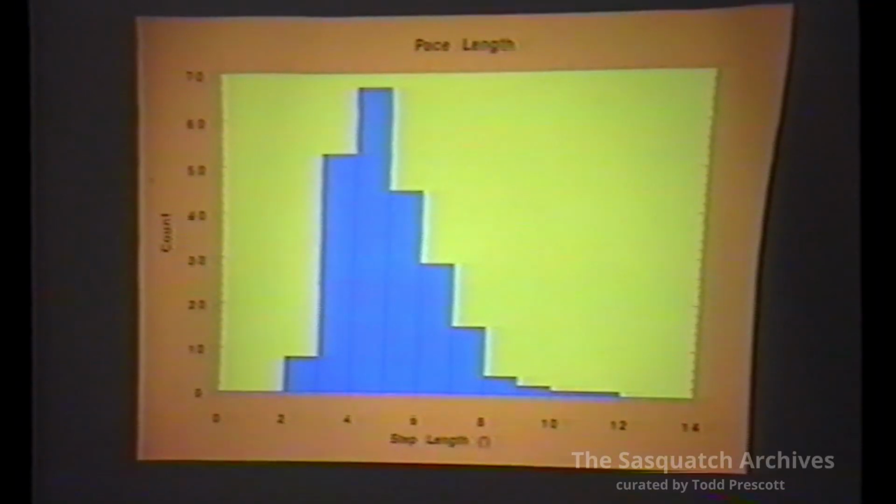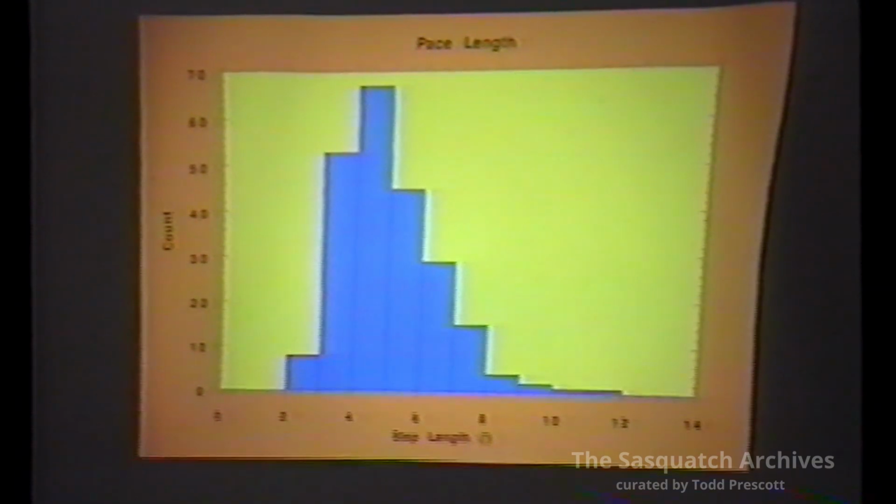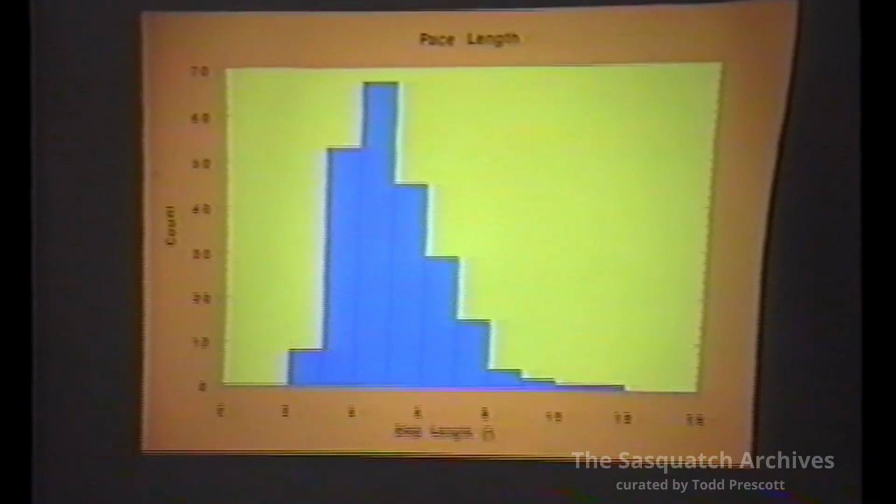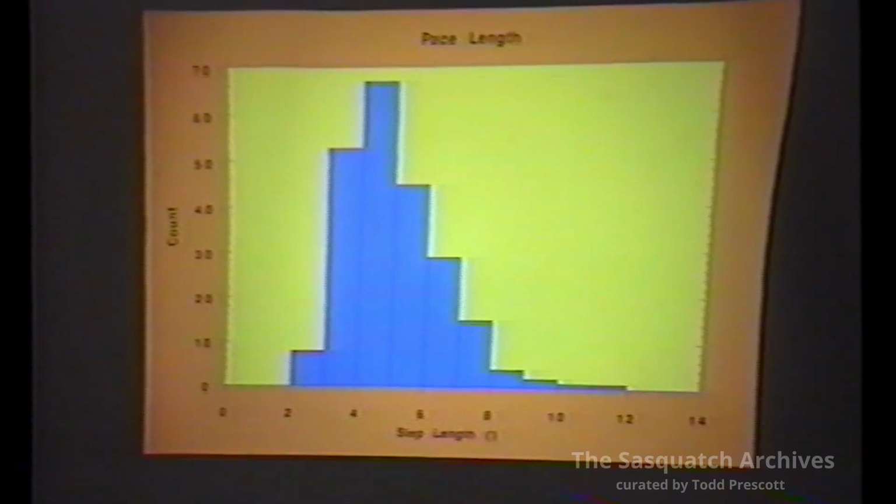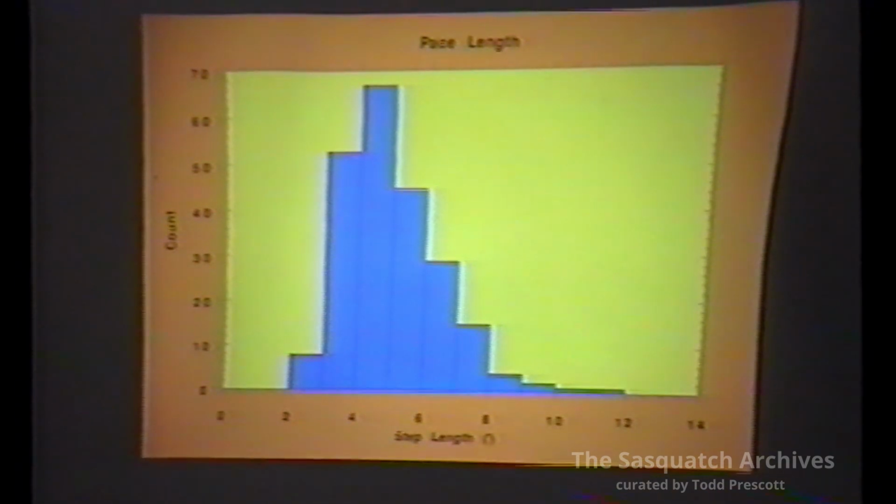At the other end, the step length can theoretically become so long if they're really running that you simply don't find the second step because it's so far afield. The first step is on a handy road, the next step is in a patch of heather. You just don't find them. I mean, the top end is